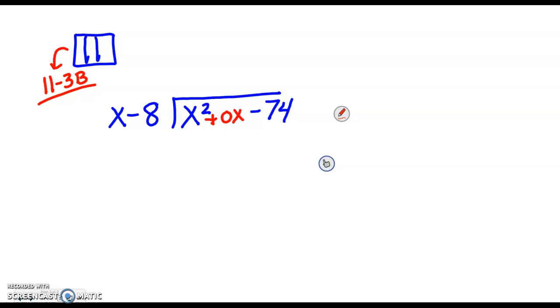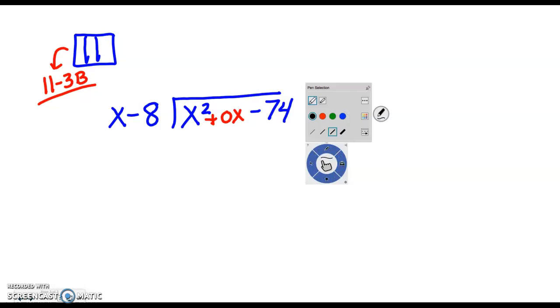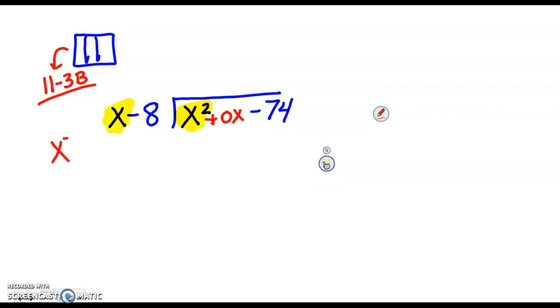So we're going to start it like we did yesterday, and I'm just going to grab my highlighter because I like to have you guys see. You don't obviously need a highlighter, but we start with this one and we say what's x squared divided by x. You're really just not focusing on any other part of the division except x squared and dividing out an x. And that's just going to leave one x left. And you need to put it over this term. And that's why if you don't put the 0x in there, I'm a little afraid you won't have it lined